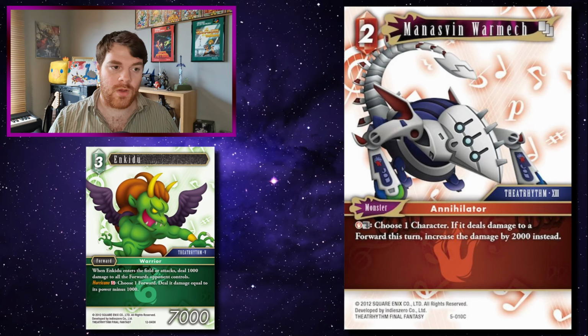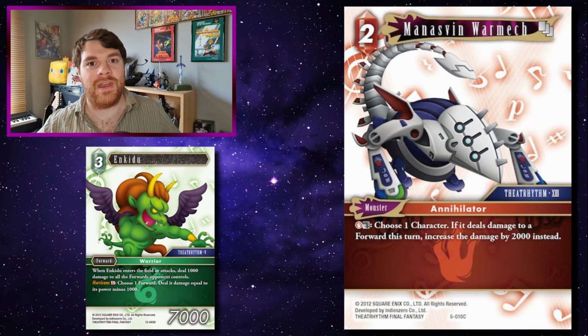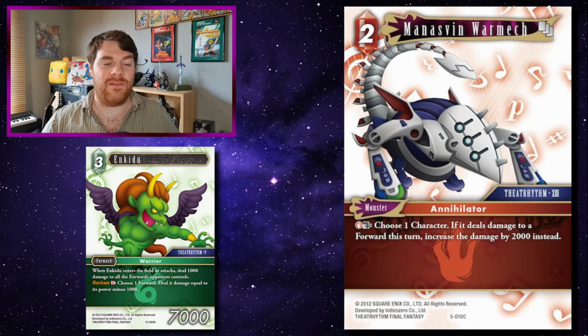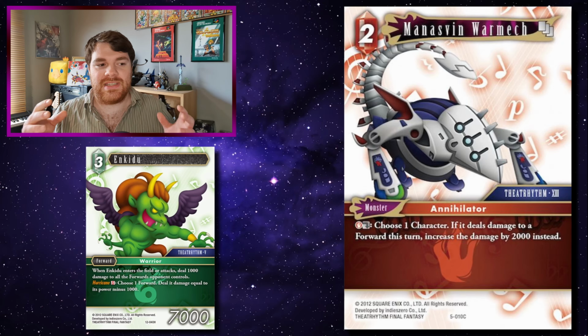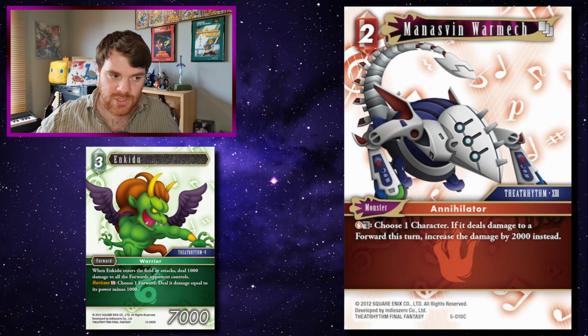Manasvin Warmech, so you can increase the damage that Enkidu will do, so you can make it so that the damage he does on attack or entry would be 3k, or you can make it so that the damage his S ability will do will actually be 1000 more than a forward's power. So if a forward is 8k power and uses S ability, it will actually do 9k power, which is kind of funny, but yeah, because it states that its damage is reduced by 1000,